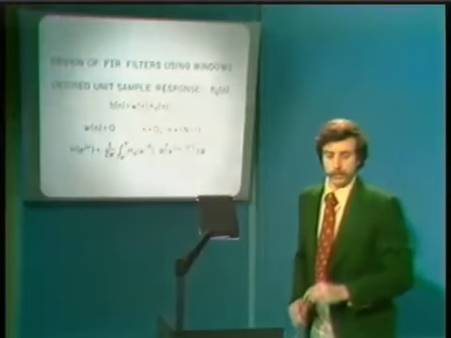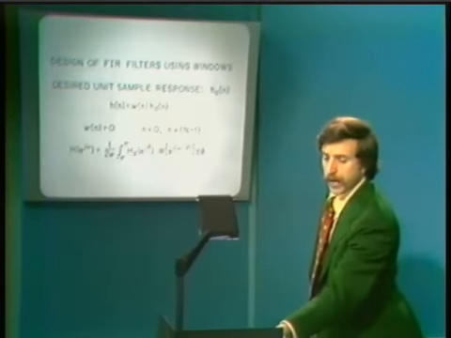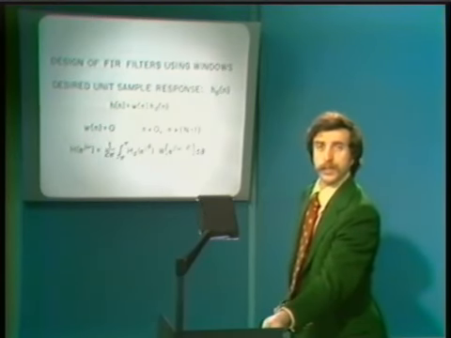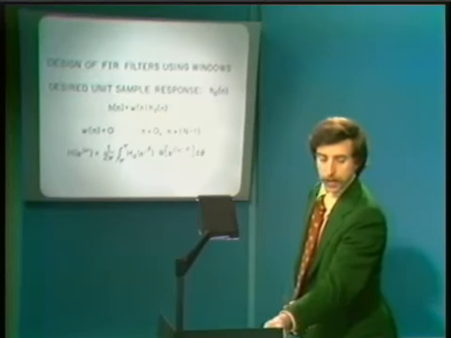For example, if we were talking about a rectangular window, w of n is simply constant over the range 0 to capital N minus 1,